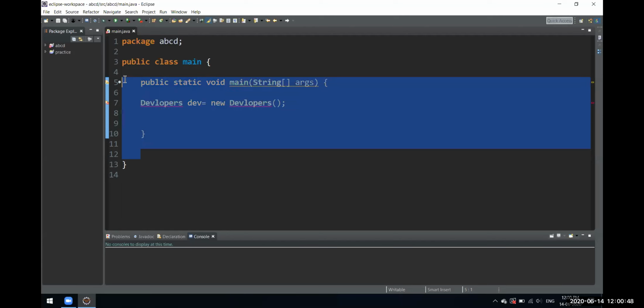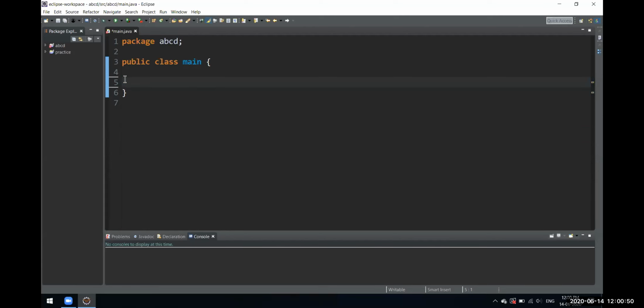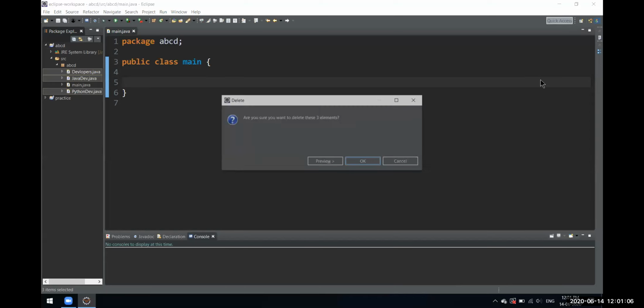Let's clear out everything. We just have this main class right now, and let's delete the other classes. We don't need them right now. We have the simple main class for now.